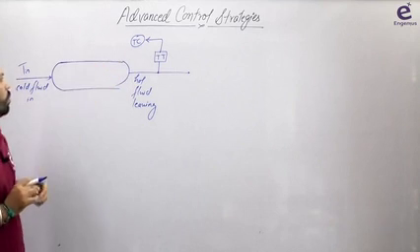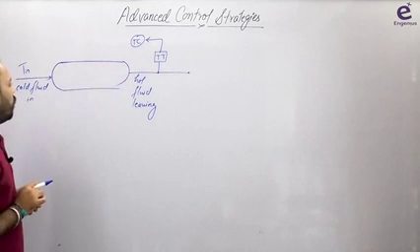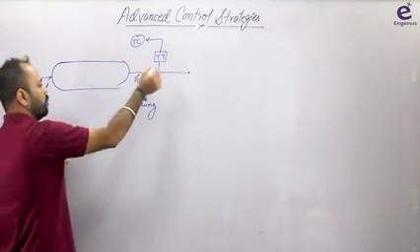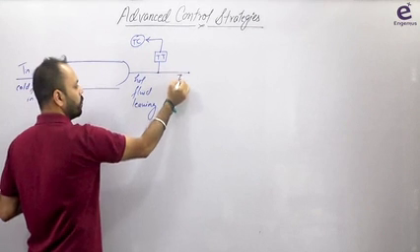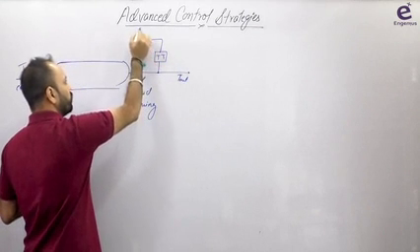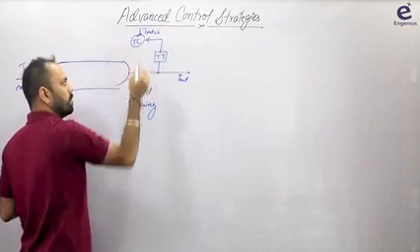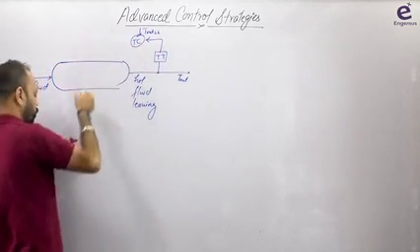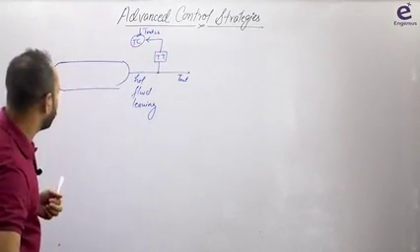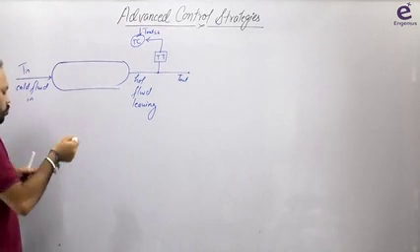So this goes to the controller. Fine. Controller compares this, your T out, you can say. So to the controller we have a set point, which I will give, T out SS, right? Now what the controller is going to do, there is one more stream, which is the stream which is used for,